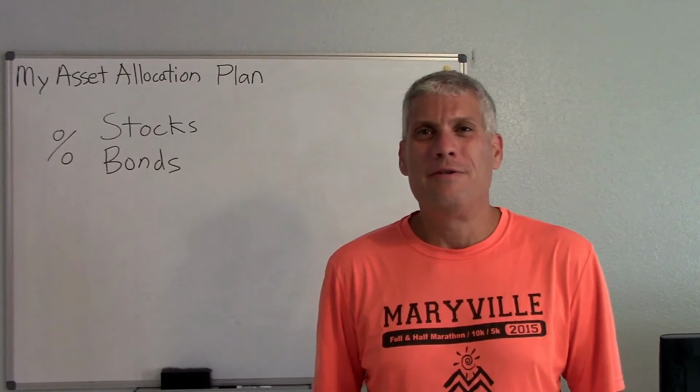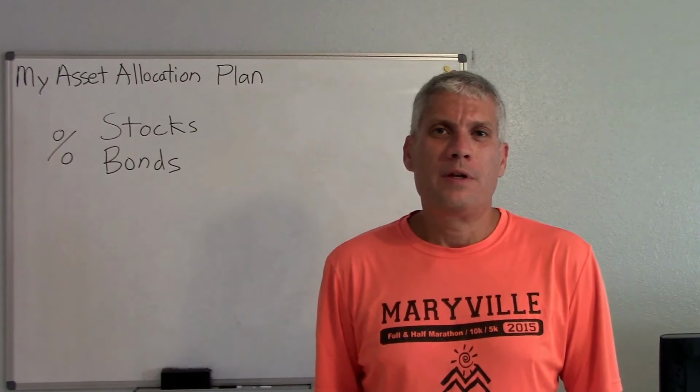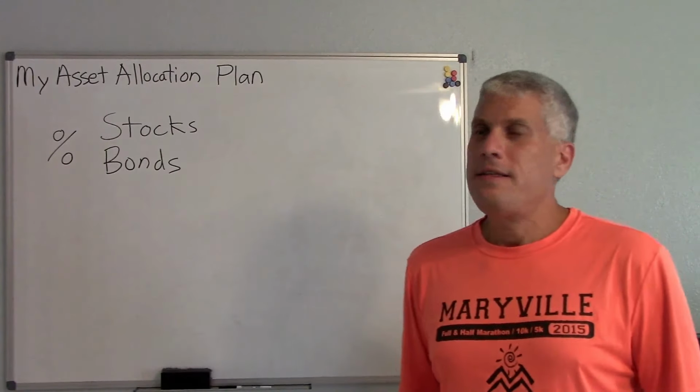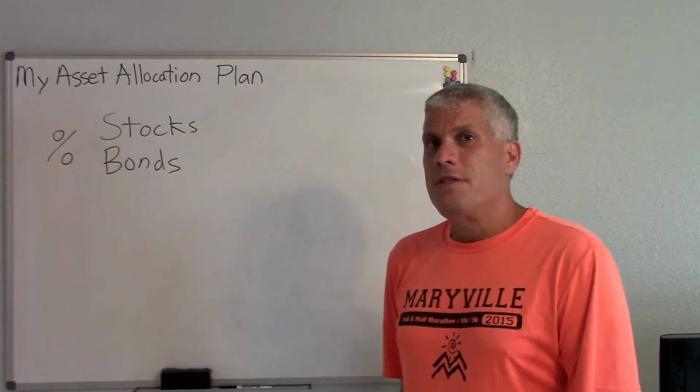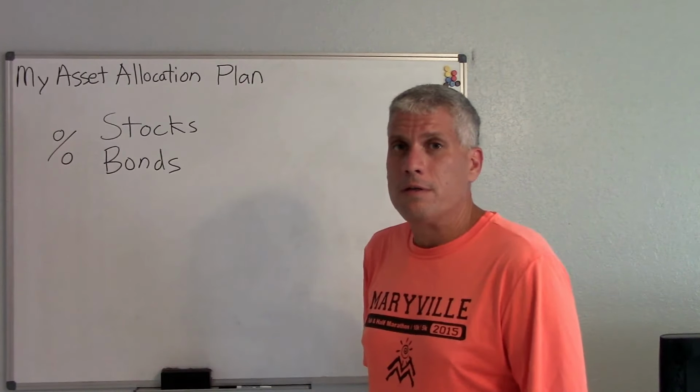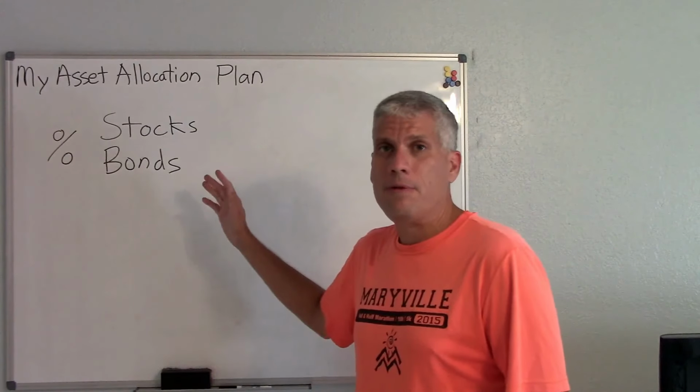So we're going to get right to it. First off, we're going to define what an asset allocation plan is. Essentially, an asset allocation plan is just the percentages of stocks and bonds in your portfolio. This is the most important step that you can take